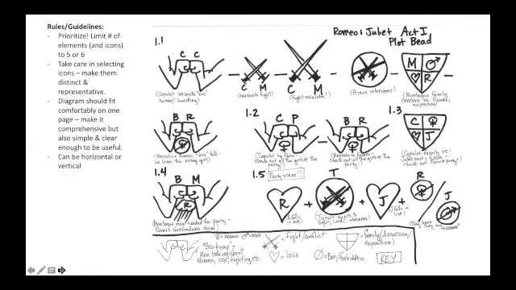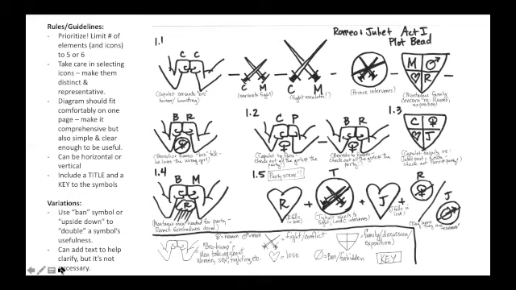I chose to make mine horizontal, but one could do a vertical plot bead as Scanlan does. You need to include a title, which is what I have here, and a key to the symbols, showing what each of your icons stands for. And there are variations that are available. You can use a band symbol or use upside down or inversion to double a symbol's usefulness. So we have the fighting here, and then we have the ban on fighting. And you can do what I did here and also add text to help clarify what's going on in the scene. It's not necessary, but I often find it useful to do, and I found it useful in this plot